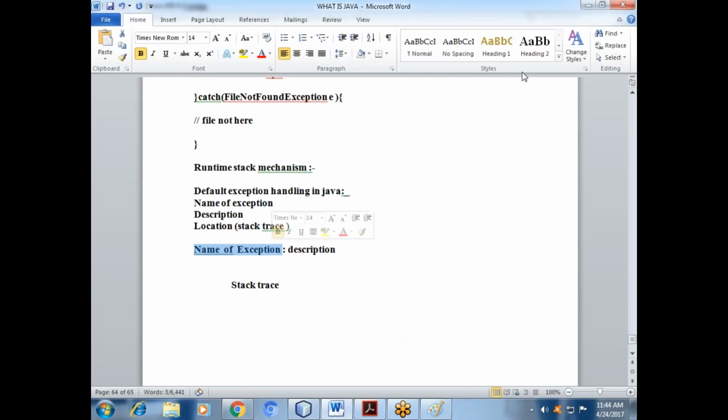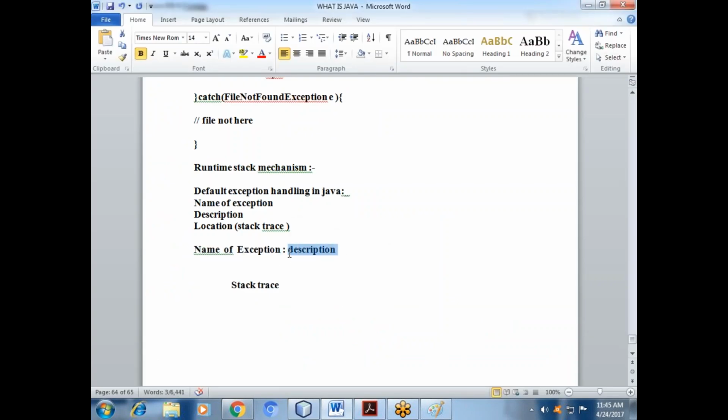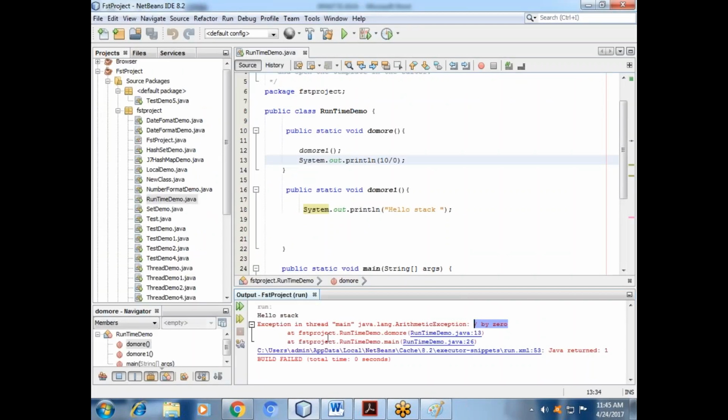This is the name of the exception. Exception in thread main java.lang.ArithmeticException. Then you get the description. Then you get the stack trace. Stack trace means whatever you got, where you got it, which location. Am I right?